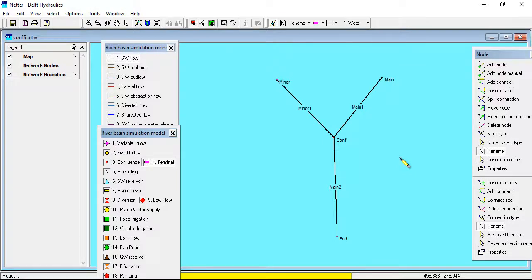The required data depends on the node and link types, and you can refer to the user manual on attachments 6 and 7 for this information. For our simple river basin model, we only have to enter the inflow in our variable inflow nodes. To do so, first exit the Edit Network mode,